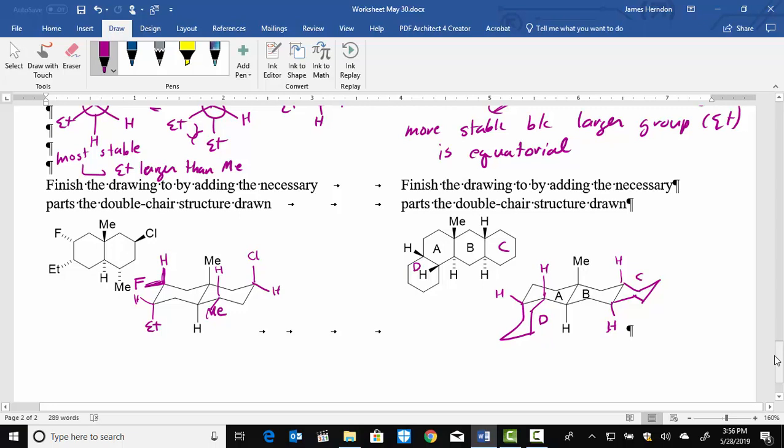So the 6-membered rings that we add should be chairs, and we should keep the A and B as the conformationally locked trans-Decalin system, and we're going to add the other structures where the substituents need to be. Okay, all right, so that's